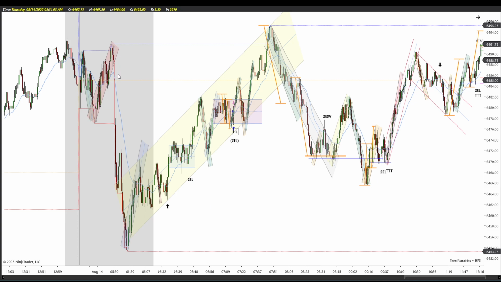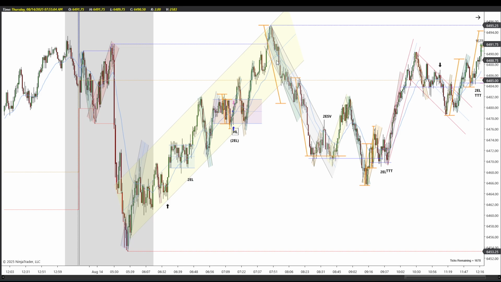The economic data that came out at 5:30 Pacific Standard, which is about right here. You see this big drop that happens. That was the core PPI number, and it looked like it caused this big drop here. Then right before the open, there's a spike, a couple pushes up, and then a move upwards here